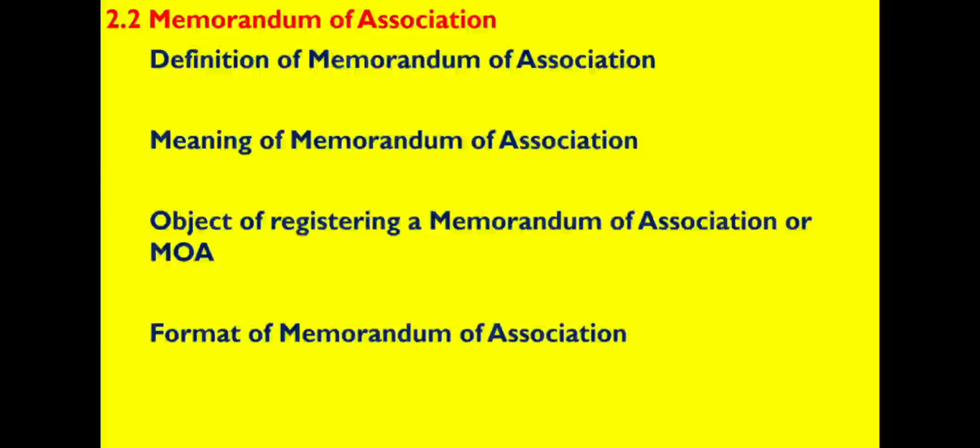Meaning of Memorandum of Association. MOA is a legal document which describes the purpose for which the company is formed. It defines the powers of the company and the conditions under which it operates. It is a document that contains all the rules and regulations that govern a company's relations with the outside world. It is mandatory for every company to have a MOA which defines the scope of its operations. Once prepared, the company cannot operate beyond the scope of the document. If the company goes beyond the scope, then the action will be considered ultra vires and hence will be void.